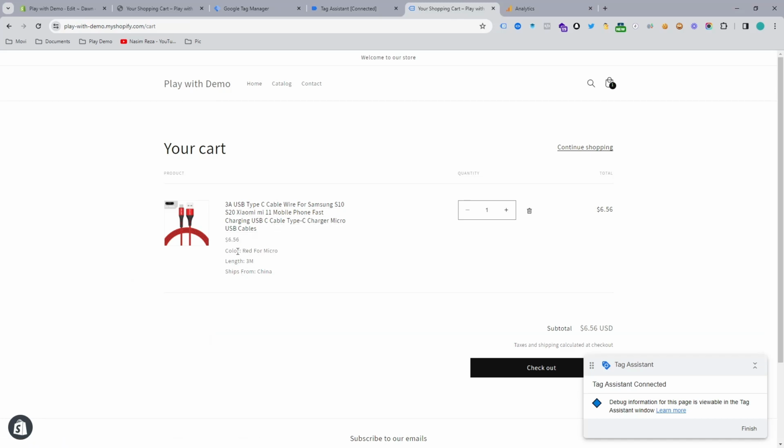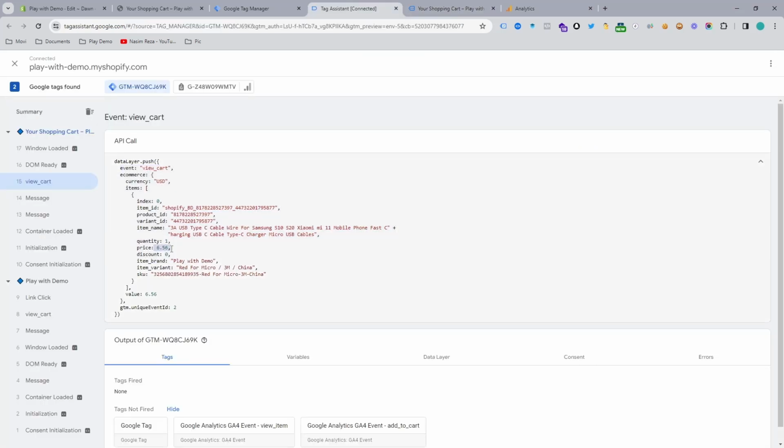In this episode, you are going to learn how to make a Google Analytics view cart event for a Shopify store using